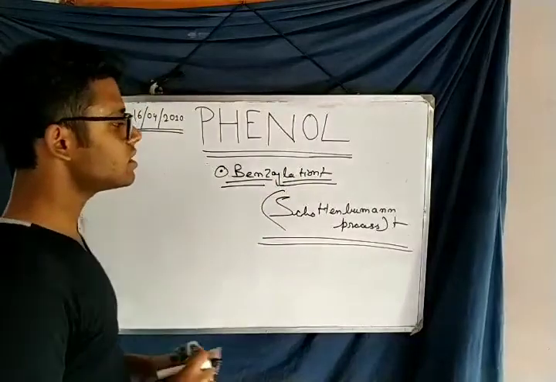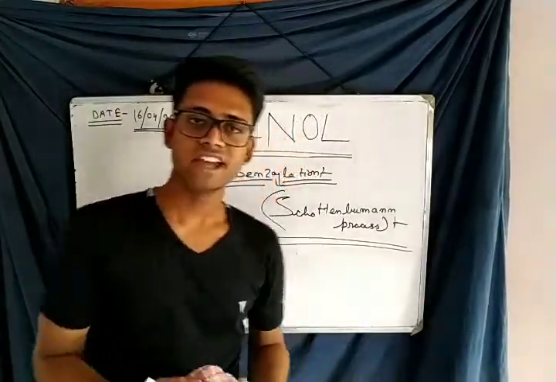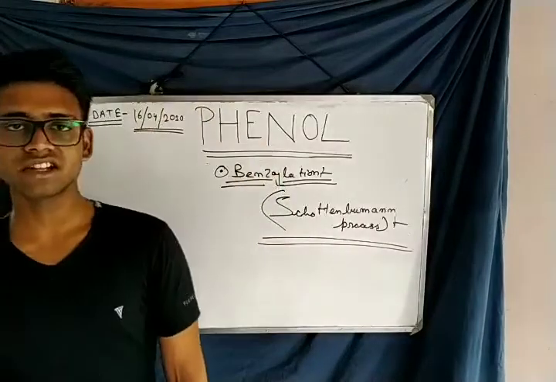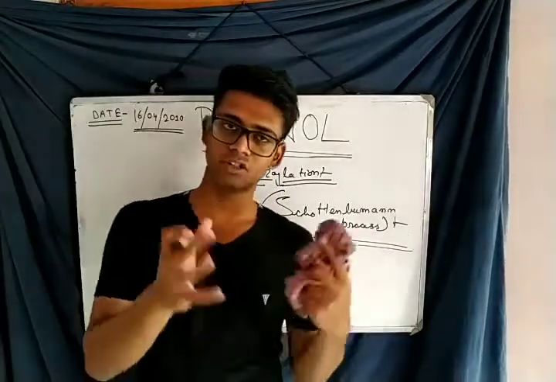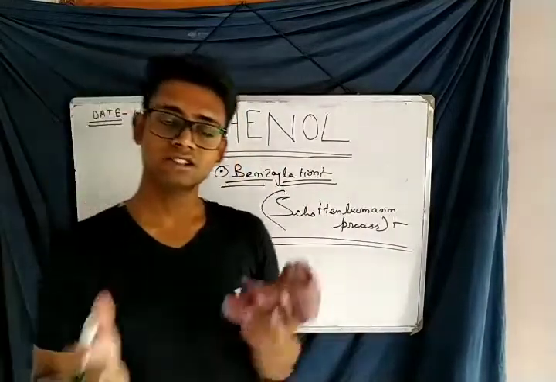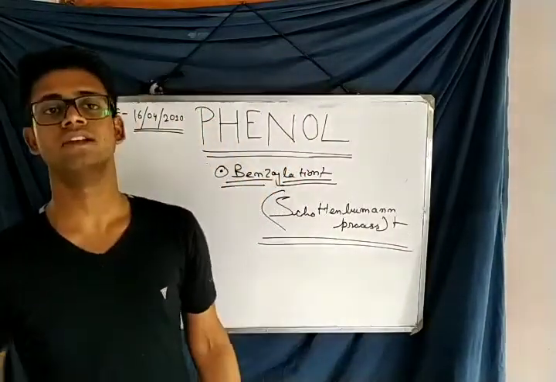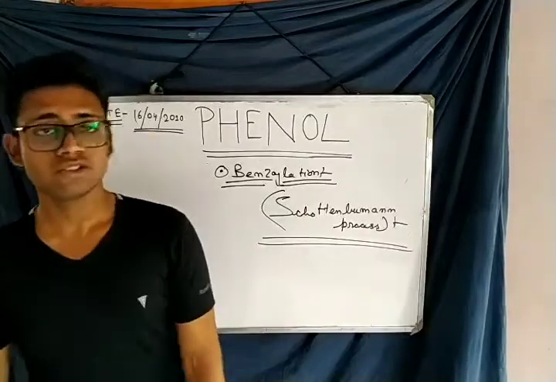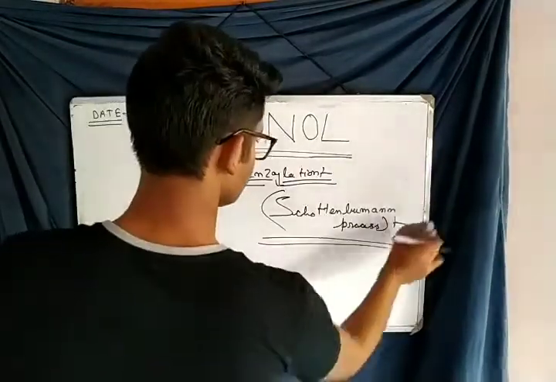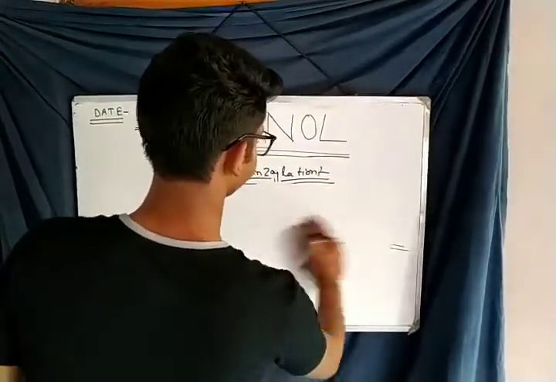So what is this reaction? In the previous reactions of acylation, the reagents used with phenol were acid chloride and acid anhydride, but in this case the reagent used in this reaction is benzoyl chloride. What is benzoyl chloride? C6H5COCl. Okay, so the compound used in this reaction